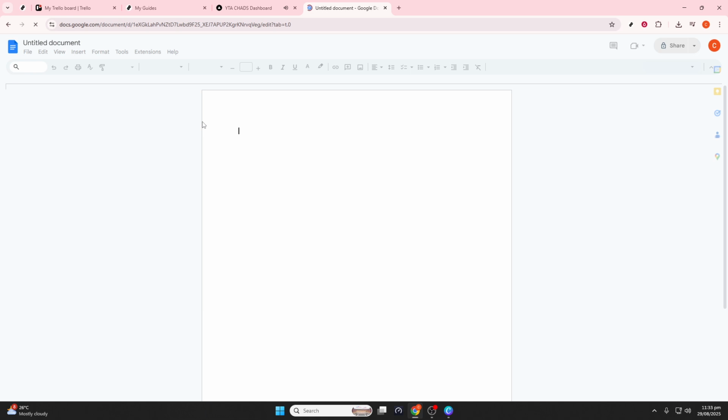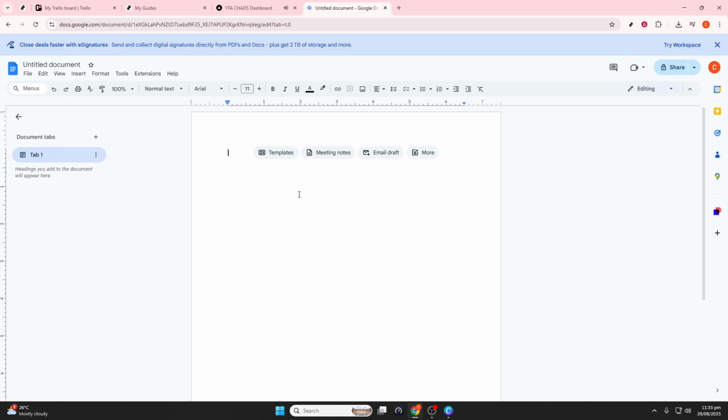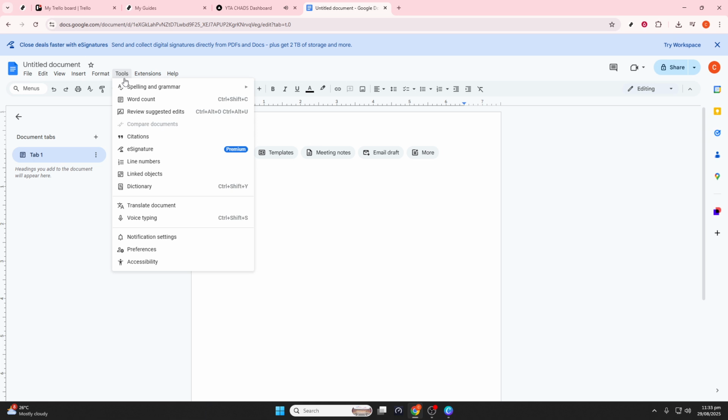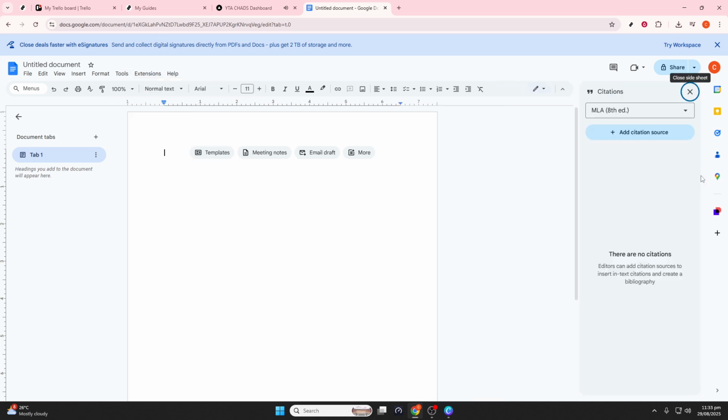Now, let's dive into the tools that Google Docs offers for managing citations. Start by clicking on the Tools menu in the top navigation bar. When this menu drops down, look for the option labeled Citations and click on it. This action will prompt a sidebar to appear on the right-hand side of your screen, specifically tailored for managing your